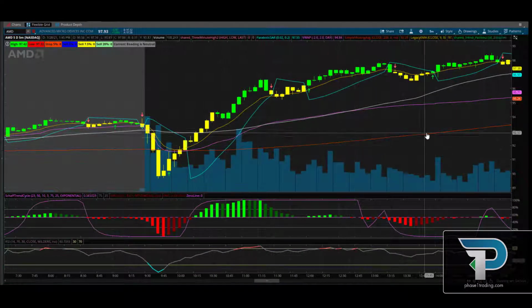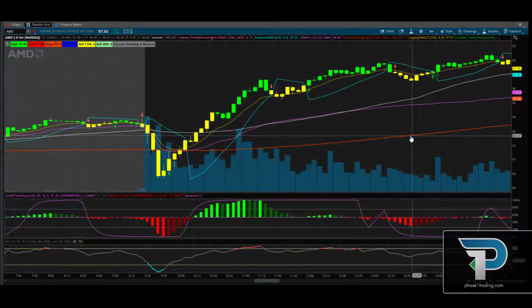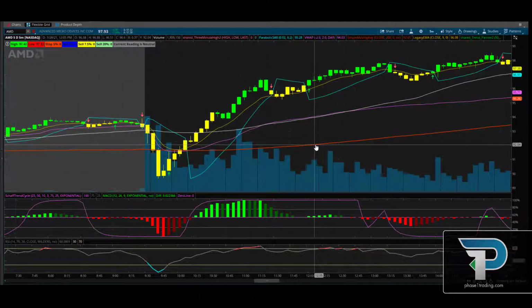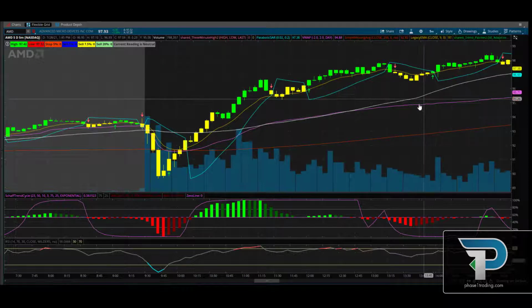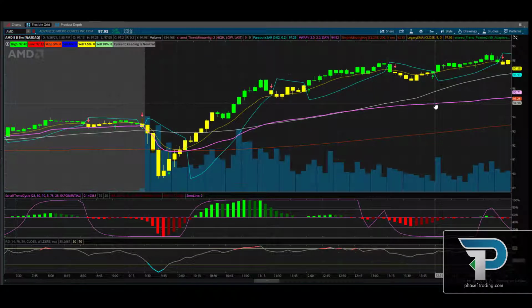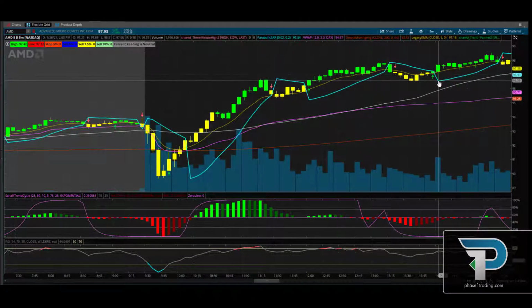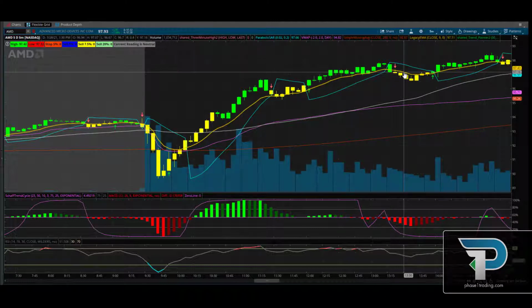Now, just to avoid confusion, and also for anybody who's looking for moving average indicators that work, I'm going to point these out to you right now. The red line on my chart is the 200 moving average. The white line is the 50 moving average. The pink line is the VWAP, which is helpful for day trading and scalping. The blue line is the parabolic SAR, and the yellow line, what we're focusing on today, is the 9 EMA,